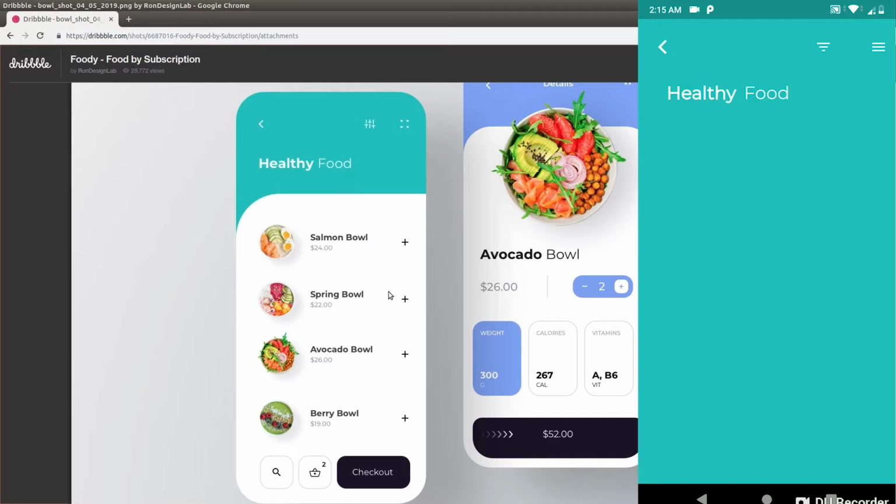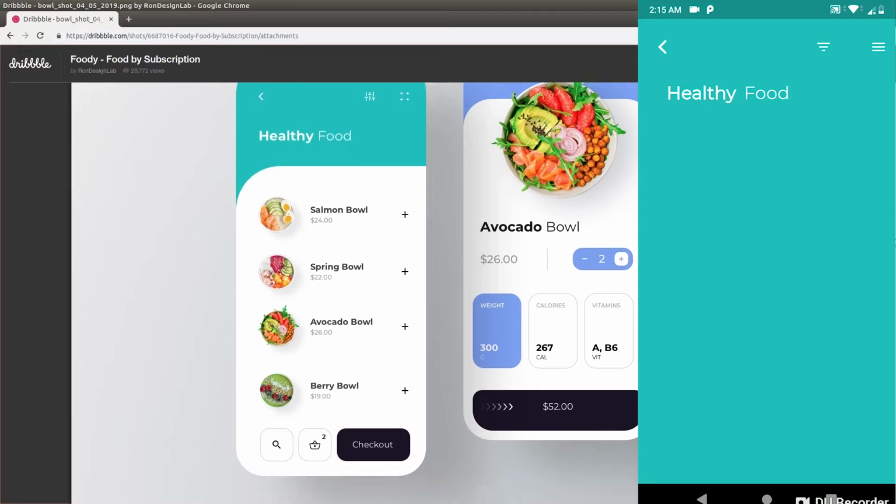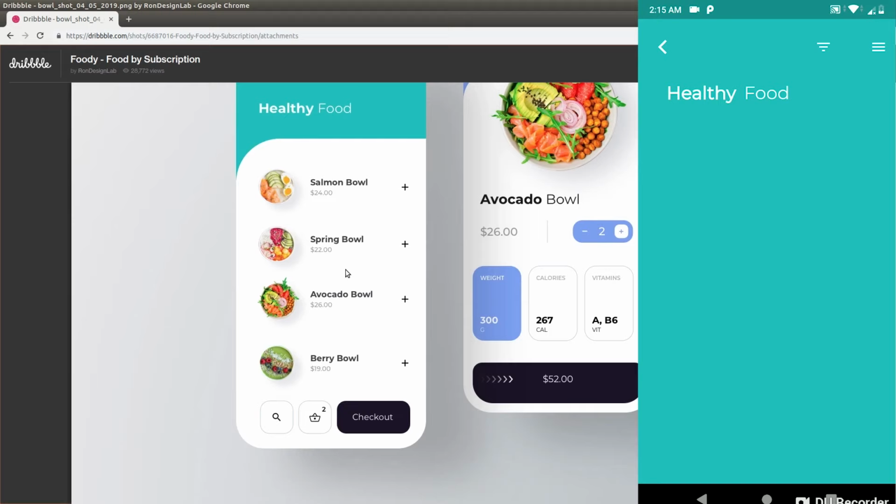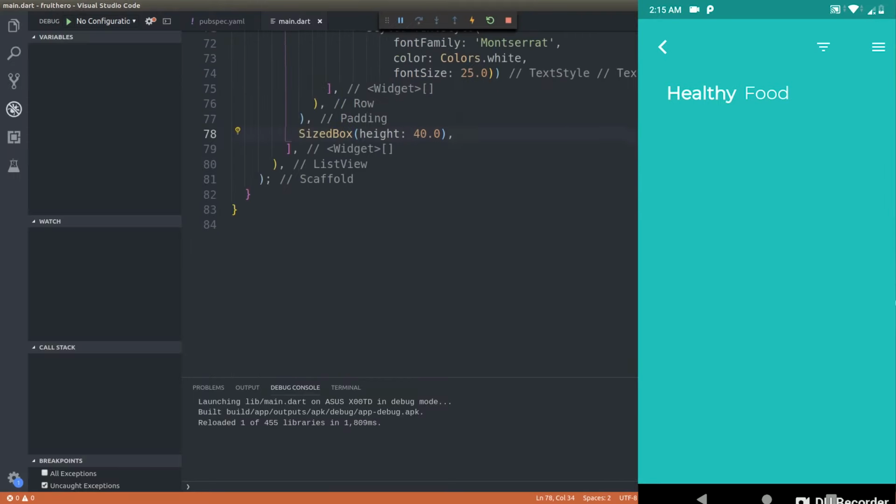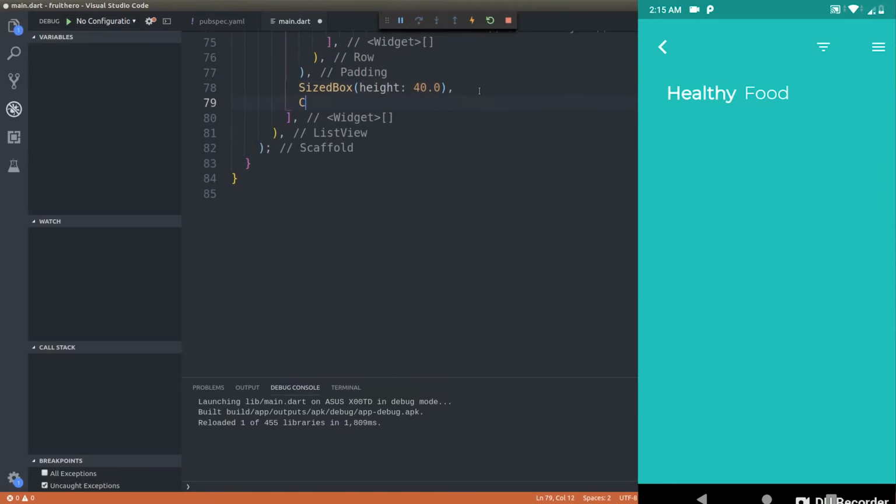The next thing we need to do is place this big sized container, and then create a list view inside that container. Let's go ahead and do that now. So getting back in here, container, so we need the height would be